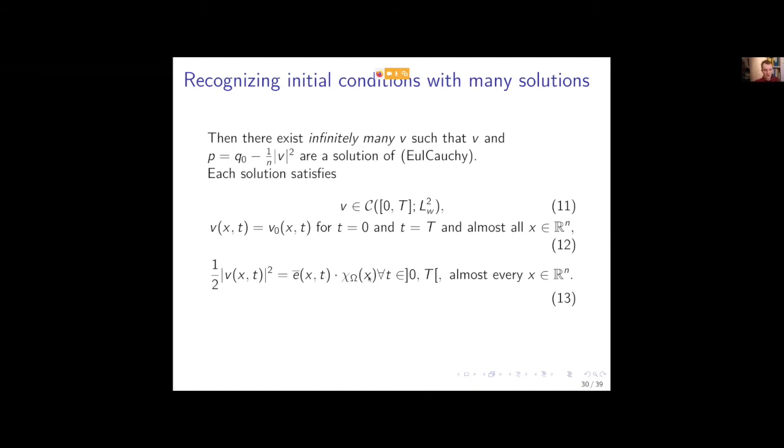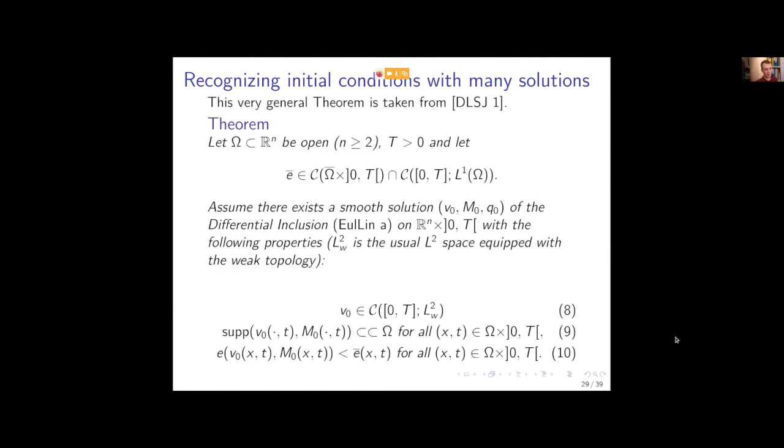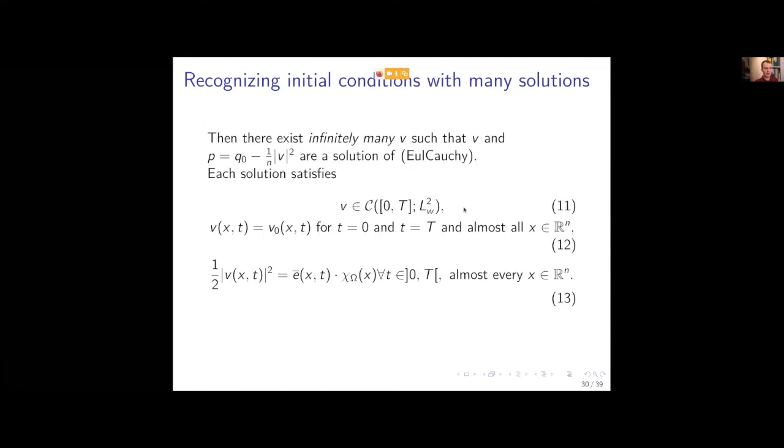So the point is that you have infinitely many solutions such that outside they're 0, right? Because outside of omega they're 0, and inside they can be whatever you want, right? Because inside you can take any function E bar, and you have to make sure that this is given, right? But you can take essentially any function E bar, and that E bar will control your velocity, so the absolute value of the velocity inside of the domain. So not only can you control the kinetic energy, which is already very interesting, but you can really control essentially the modulus of the velocity at every single point, right?